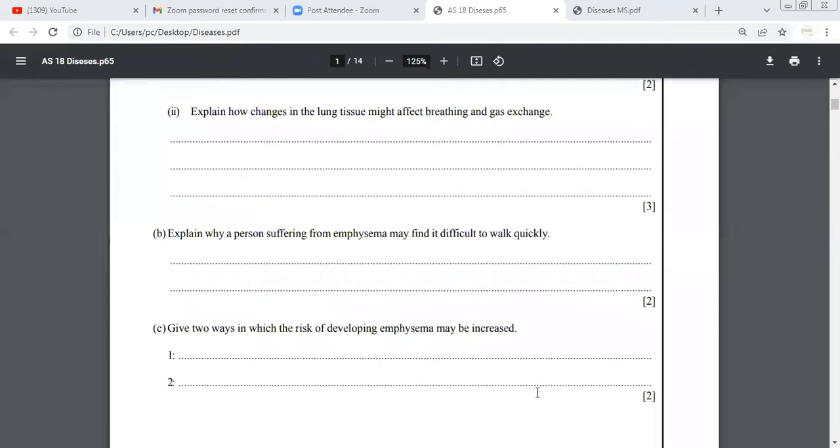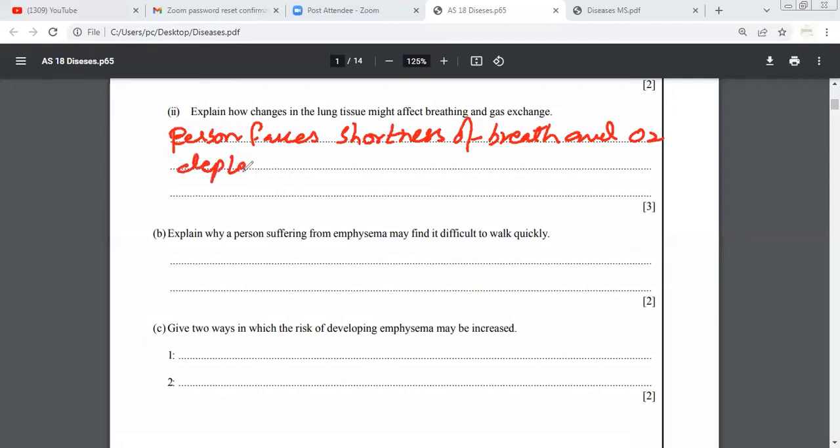Okay, now another question related to this topic is, explain how changes in the lungs tissues might affect breathing and gas exchange as the alveoli damages. So the person faces shortness of breath and oxygen depletion in body, results in high breathing rate,